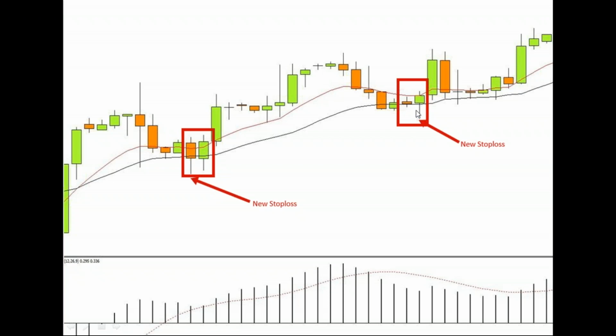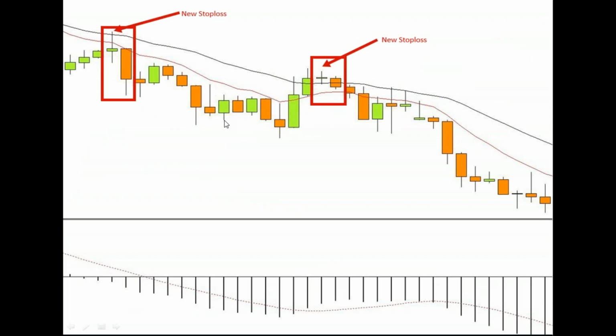Not long after that we saw another situation like that. Price dipped into the moving average again, and we saw a pattern, and then we got in. Our new stop loss is here, and then we continue. Okay. All right, so let's go ahead, guys. Now let's look at